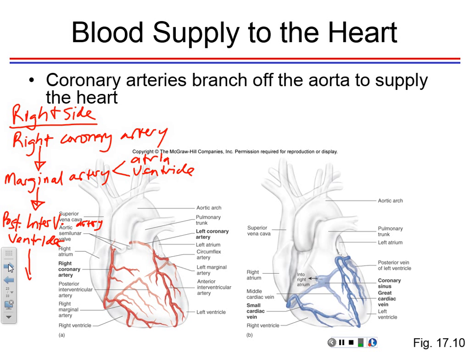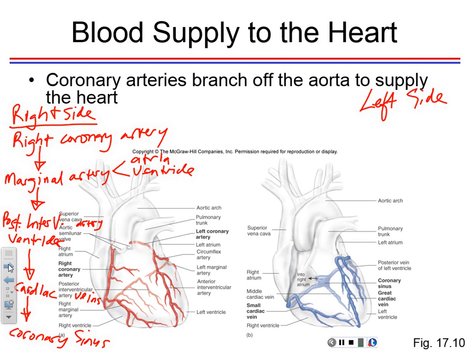And then after the ventricles, it goes into the cardiac veins. Cardiac vein. Okay? And then it goes through the coronary sinus, back into the right side. So the left side,